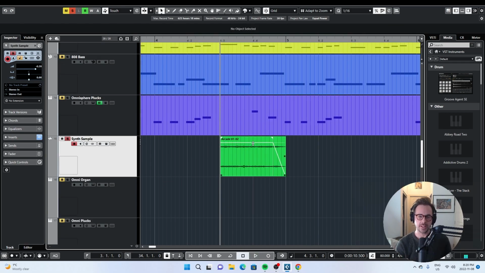Okay, so one thing I really like about Cubase is that when you're dealing with an audio region, you can just adjust the gain right on the region itself. In Logic, if you want to adjust the gain of a sample, you have to go to the inspector window to do it. I don't think that there's a way to do it right on the audio region itself. And I just think that that's a really handy feature. It just saves me from having to move the mouse around.